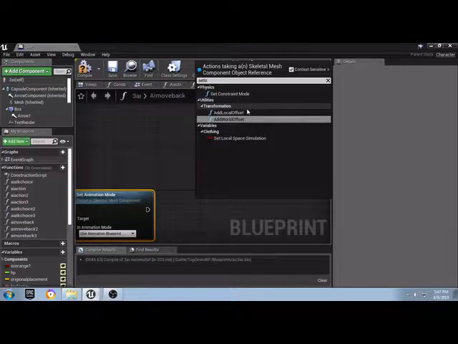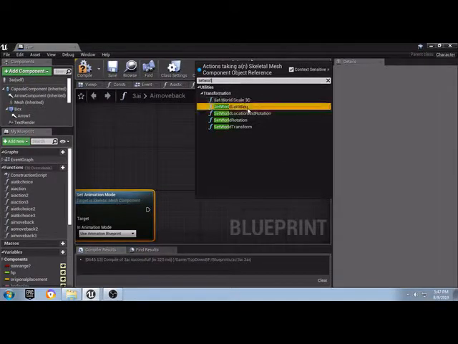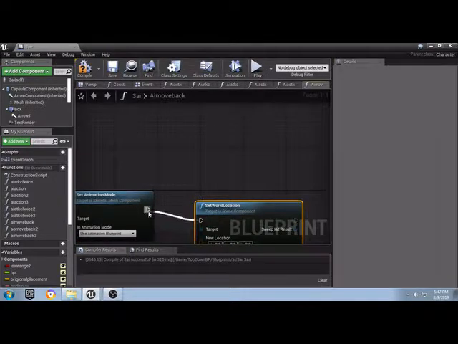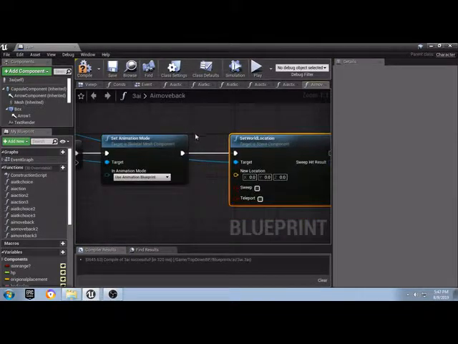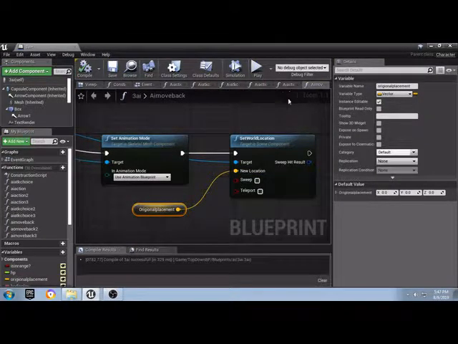Set world location. Alright, and we'll set it to his original placement. Compile, and